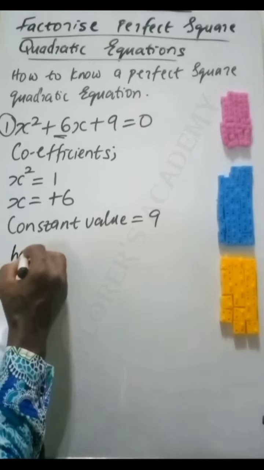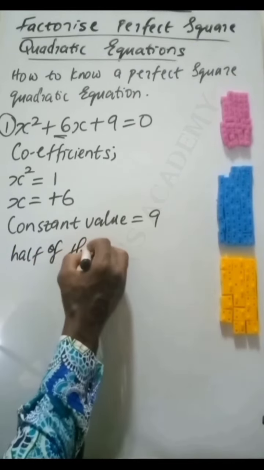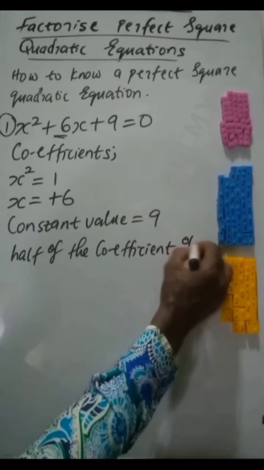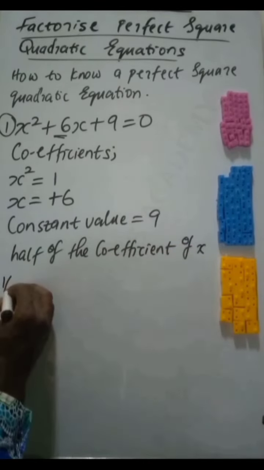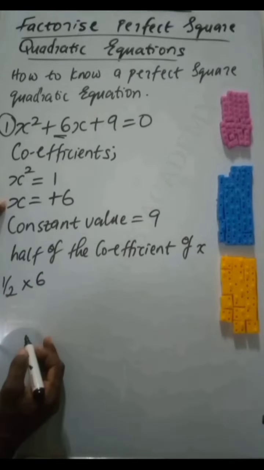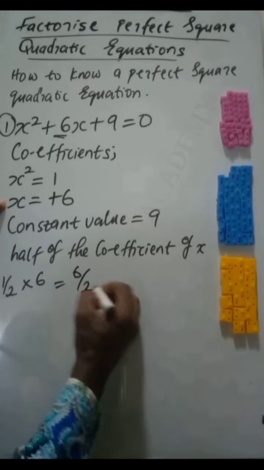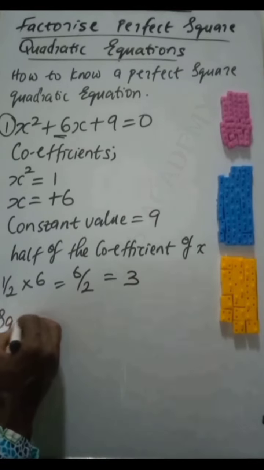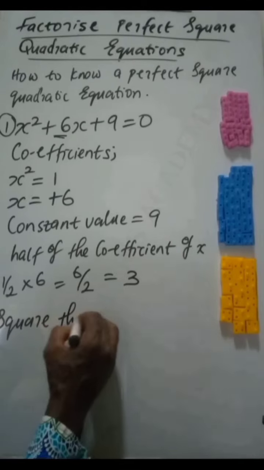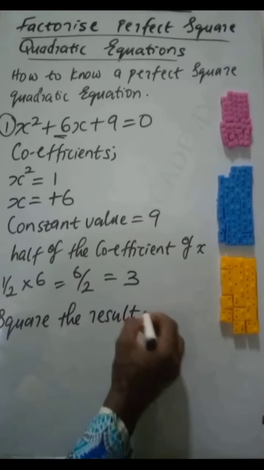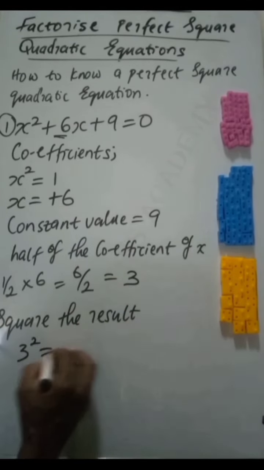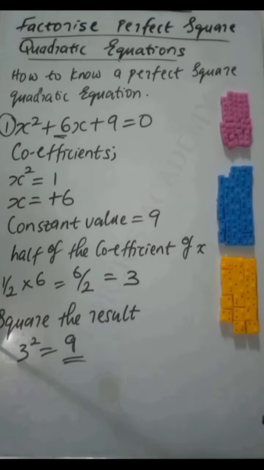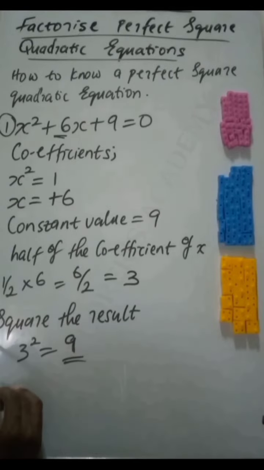half of the coefficient of x, which is half multiplied by 6, giving us 6 over 2. And when we divide that, we'll have 3. We are going to square the result, which is 3 raised to the power 2, giving us 9. So at this point, this is what we are looking for. So it is said that if